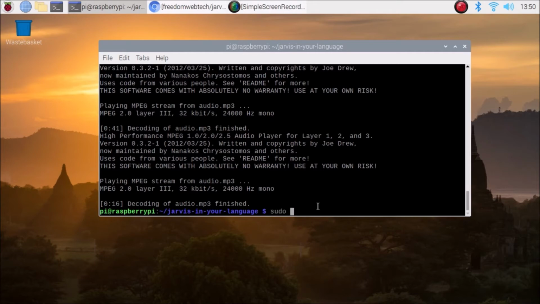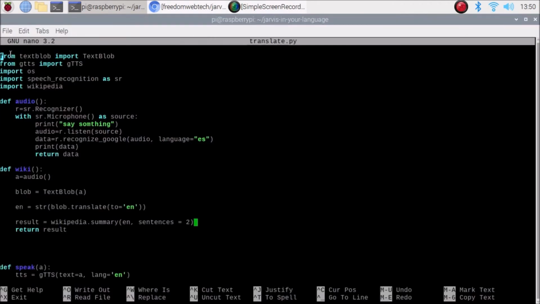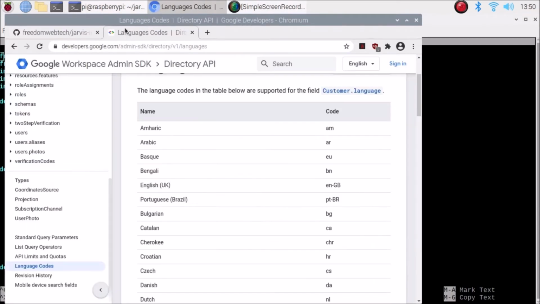So now I am going to show you the code. Sudo nano, and this is our script translate.py, okay. So these are all the modules, okay. Then this is the audio function; when we speak it will convert in the language ES. So ES is basically the Spanish language code. You can get all this code here, okay,